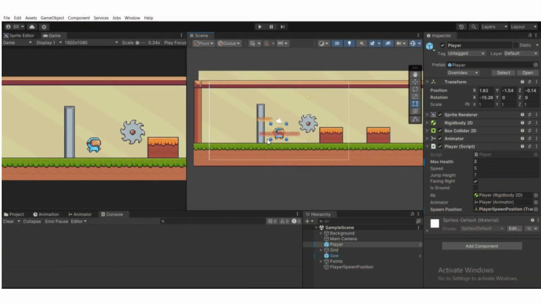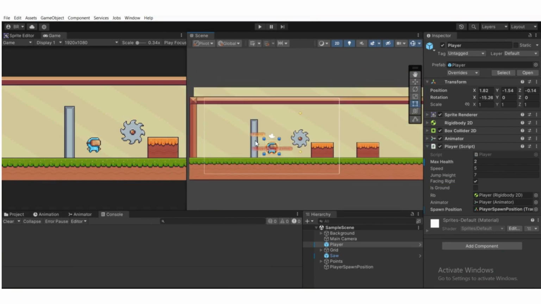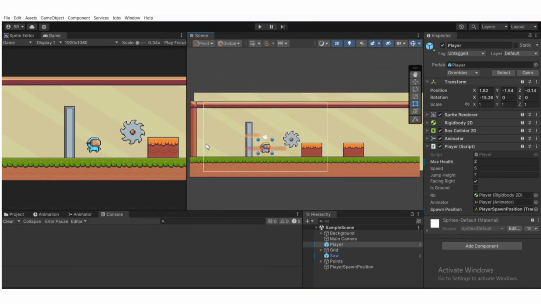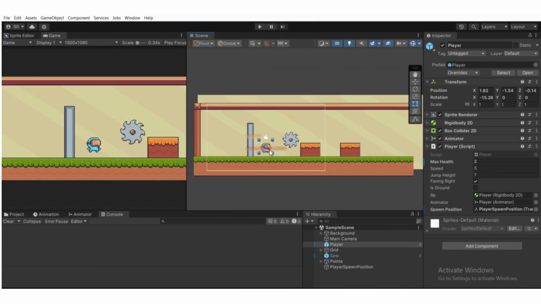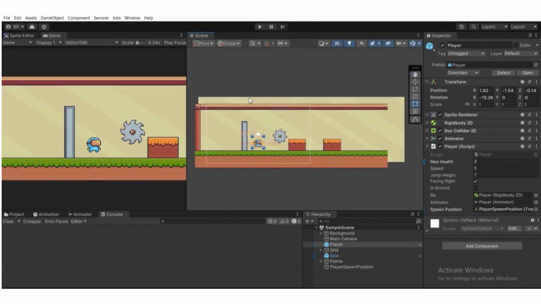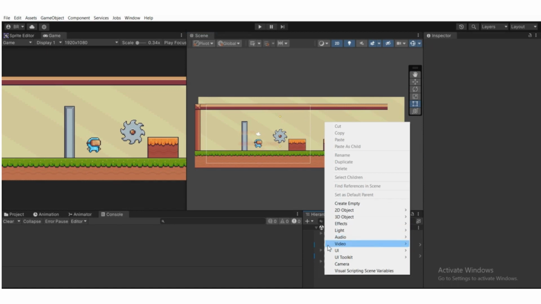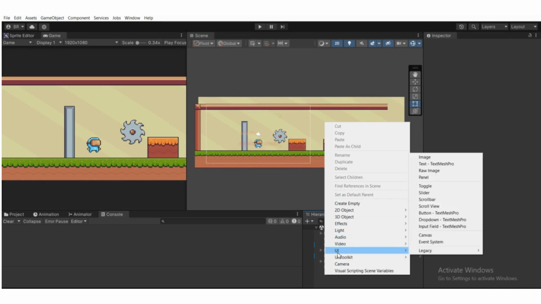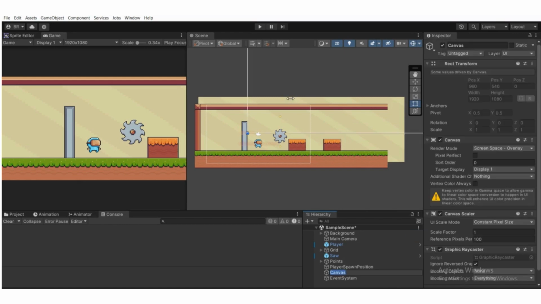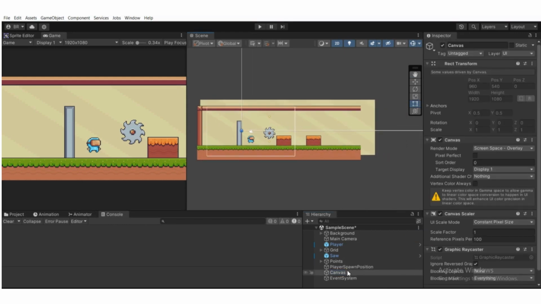So what we're gonna do, we're gonna create the canvas. We're gonna place all the UI elements into that canvas. So what we need to do, we need to go to hierarchy, right click, create UI, and then canvas. Select the canvas and